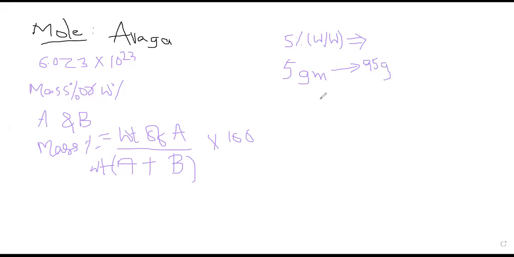Then solubility or mass weight percentage is equal to, how are you going to get 5? It is 5 by 95 plus 5, which is how much? 100, into 100. Then it is known as 5%. Any doubts here, up to this aspect, these very simple aspects we are seeing?